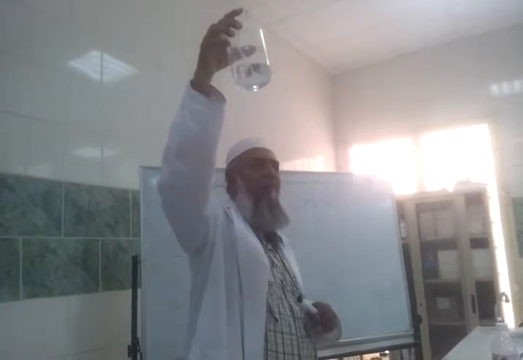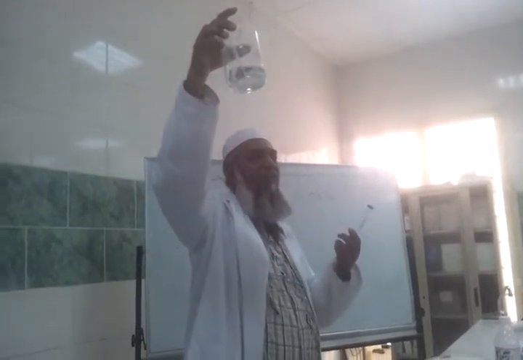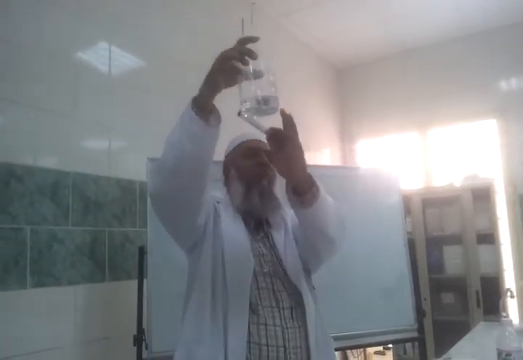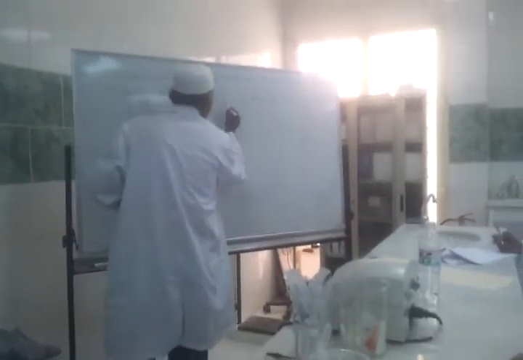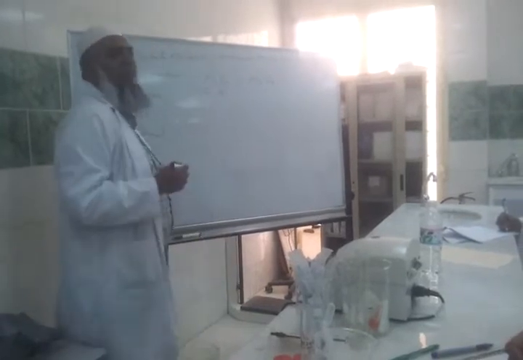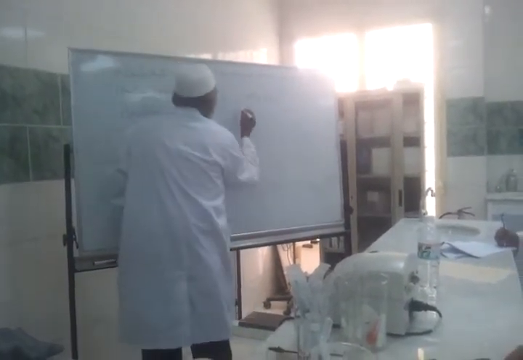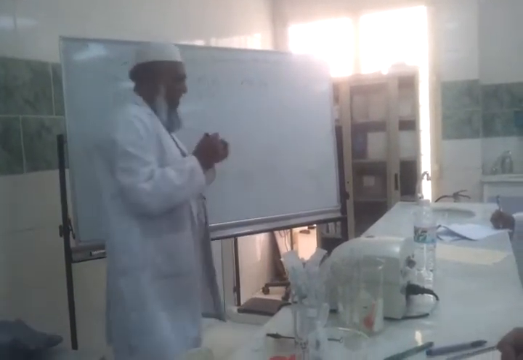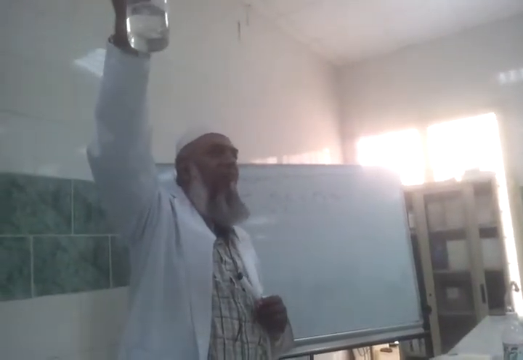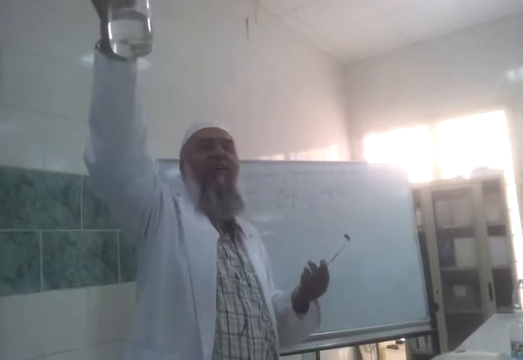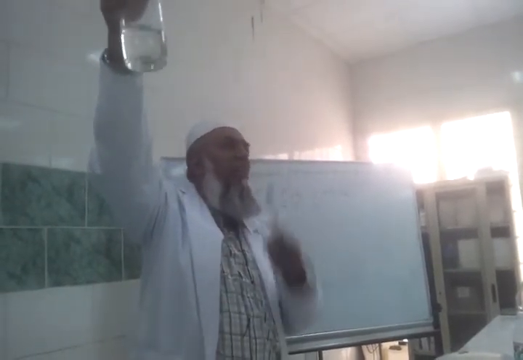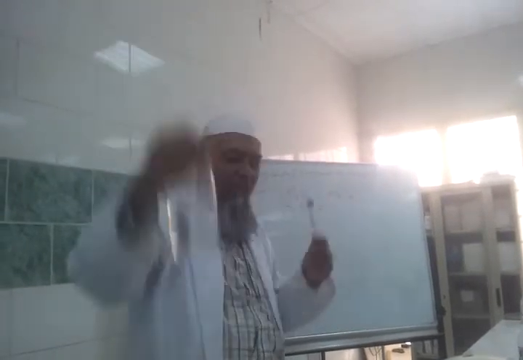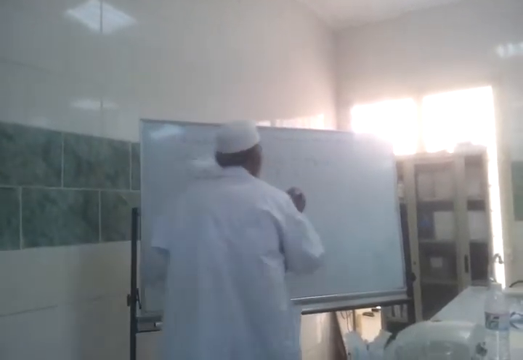It is known or unknown? How much? 2 ml. We use the acid 2 ml. So 2 ml known. So we will write in place of V1 2. Coming to this side, M2, that is molarity of this sodium hydroxide, known or unknown? Not known. You don't know the molarity. You know the concentration, but you don't know the molarity. So you write unknown here.